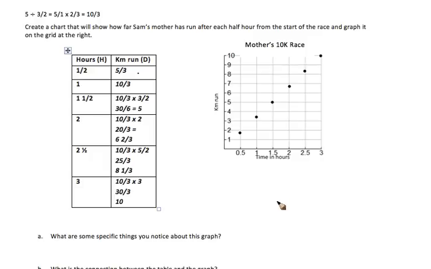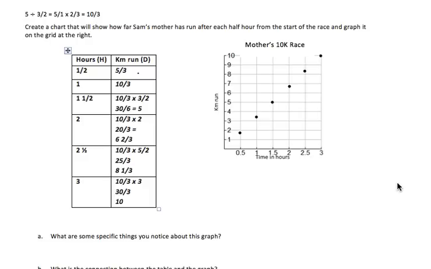At this point, you need to answer some questions about what you notice about the graph. And I hope at this point that you should notice that it is graphing a proportional relationship because it is a straight line and it will pass directly through 0, 0, the origin. The connection between the table and the graph